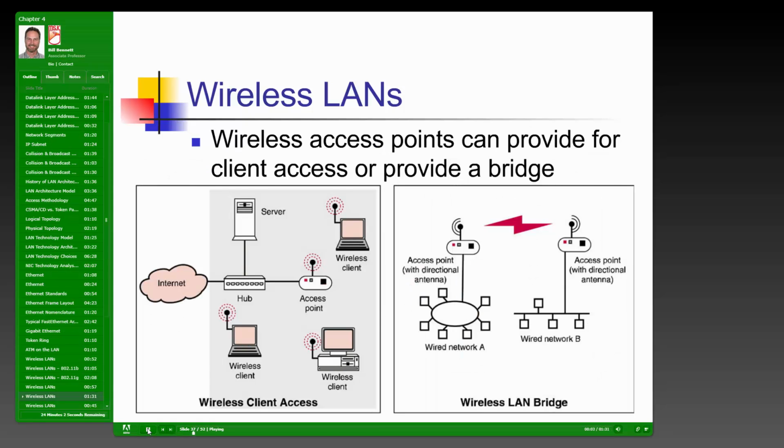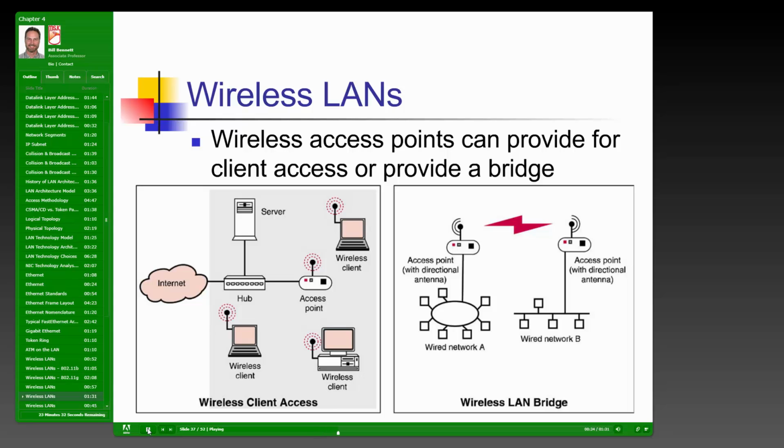Wireless LANs have hubs, and those hubs are generally used as access points or as bridges. If you look at the graphic on the left, you've got a server that's hardwired to the hub, and then the hub also has a link to the internet. So this is pretty common in most households these days. Well, you may not have the server, but the